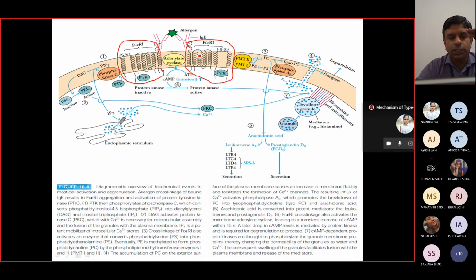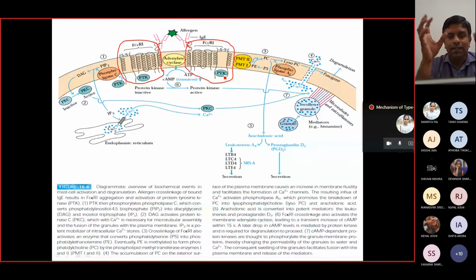So the whole story of initiation is here. Now if you remember, I told you about ITAMs, and where are the ITAMs? ITAMs are on the gamma chain, right? And then I told you what binds to those ITAMs: protein tyrosine kinase, PTK. So I don't know students how much you know about the signaling process, but in this field of immunology and related subjects, these signaling molecules or signaling pathways are very interesting.